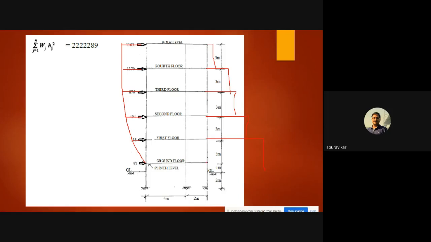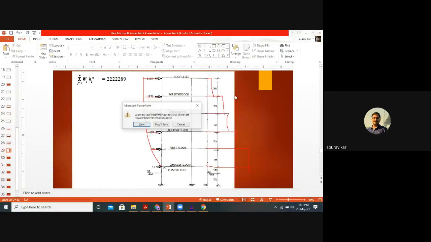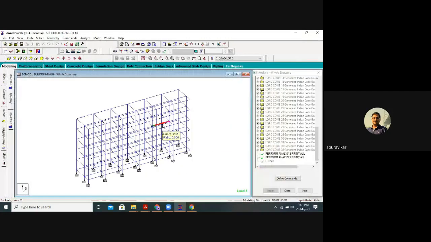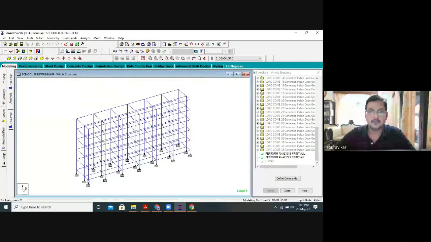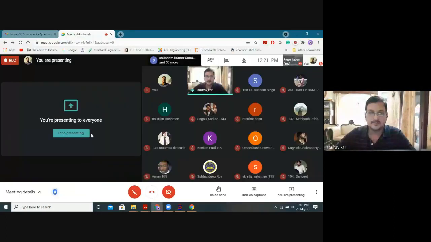So I told you maximum base shear at the, sorry, at the plinth level. Okay. So understand this is how the total earthquake analysis is done. Okay, so this is how the total analysis is done, and I hope we have understood earthquake analysis according to IS 1893, equivalent static analysis that I wanted to show you.